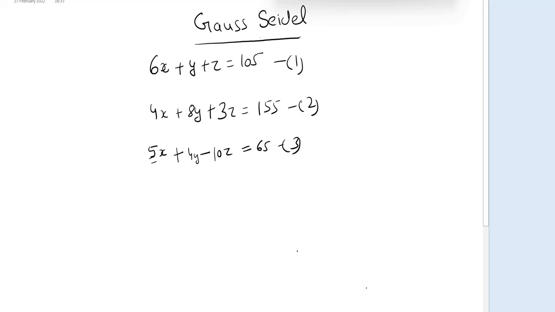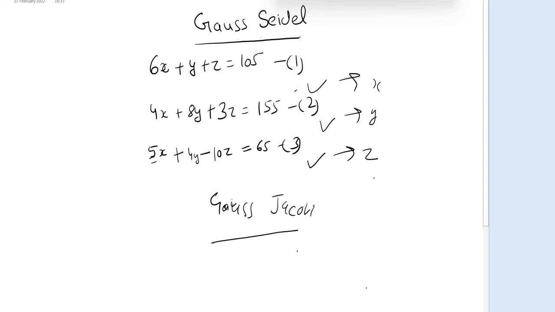From this equation we will find x, from this equation we will find y, and from this equation we will find z. Here in the Gauss-Jacobi method we will do the same: x, y and z we will find from equation 1, equation 2 and equation 3. The difference is that